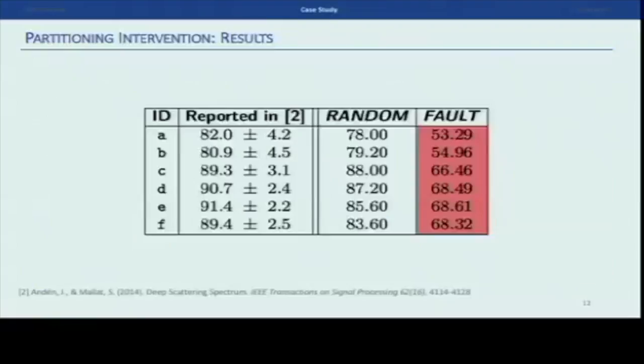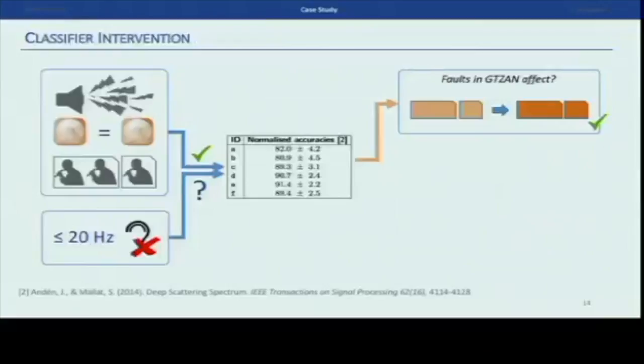But what we saw here, first thing, is that in every single case, there's a decrease in accuracy, as we saw in the examples before, in those arrows before. In every single case, there's a drop. In some cases higher, in some cases lower. So we can be pretty confident that the faults also affect in this case.